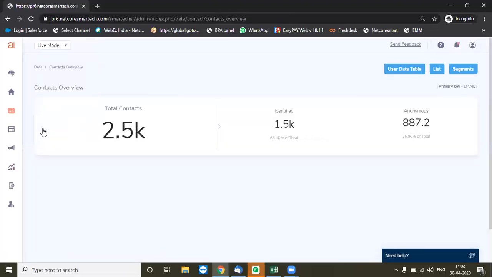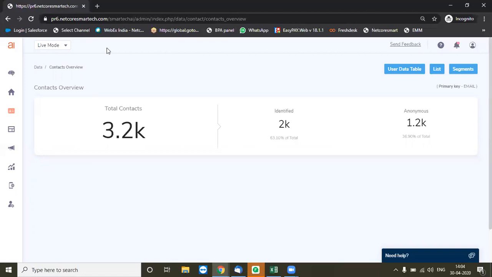Ideally, the data comes into the platform in three ways. One is the manual way of uploading your contact base. If you have an Excel file filled up with your customer data, you can upload that over here. Second is when you create an API connection between your system, basically your CRM or your website, and the SmartTech tool.